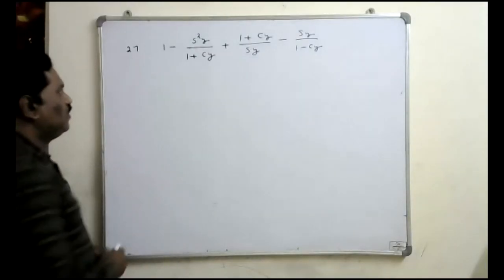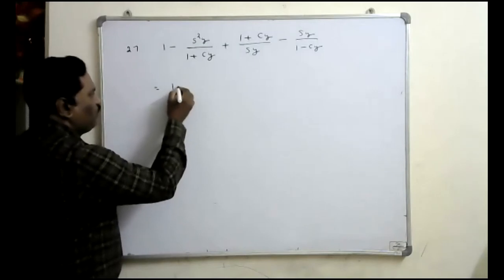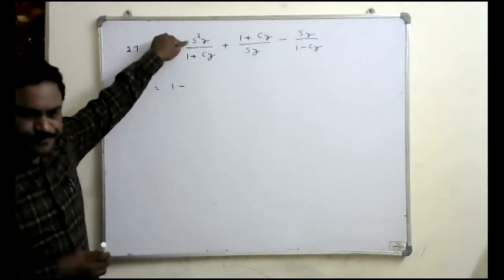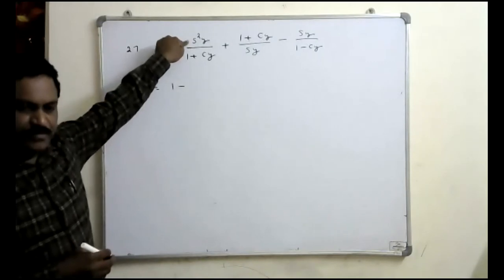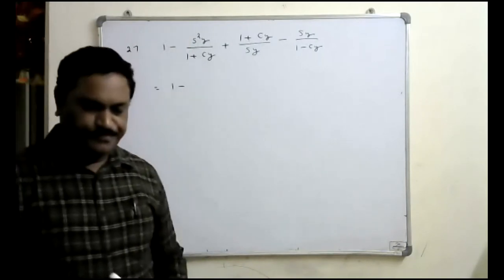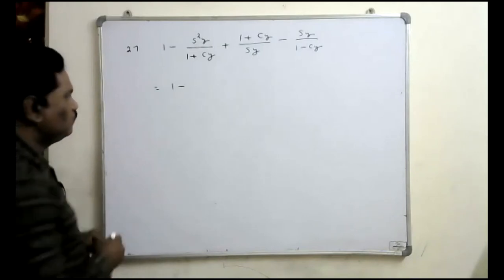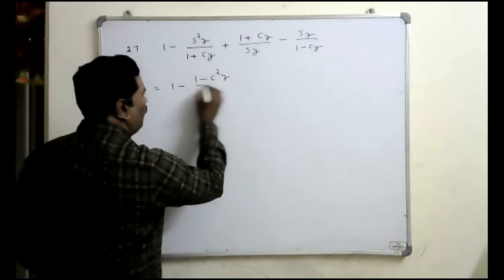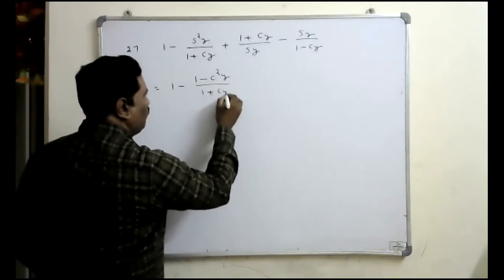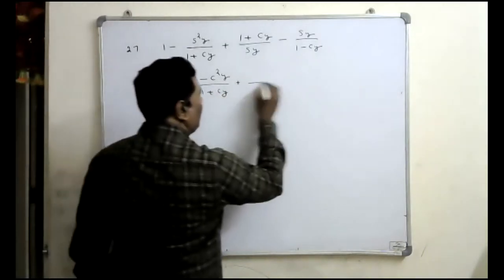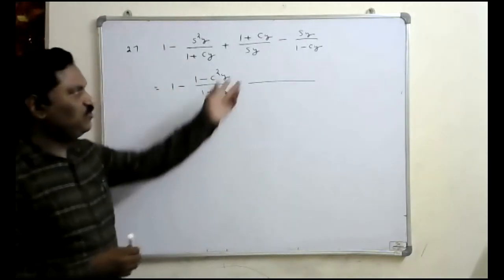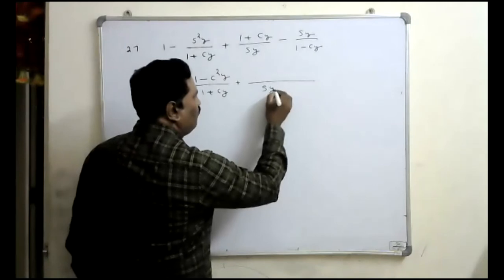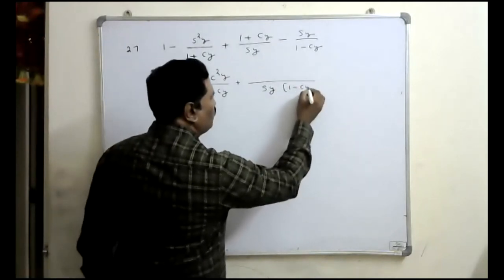Observe here. To do the simplification, this is 1 minus. Here in the numerator there is a sin square y. How do you write the sin square y? Sin square y कैसे रख सकता? 1 minus cos square y. Good. 1 minus cos square y upon 1 plus cos y, plus ये दोनों का एलसीएम क्या है? ये दोनों टर्म्स का sin y into 1 minus cos y.